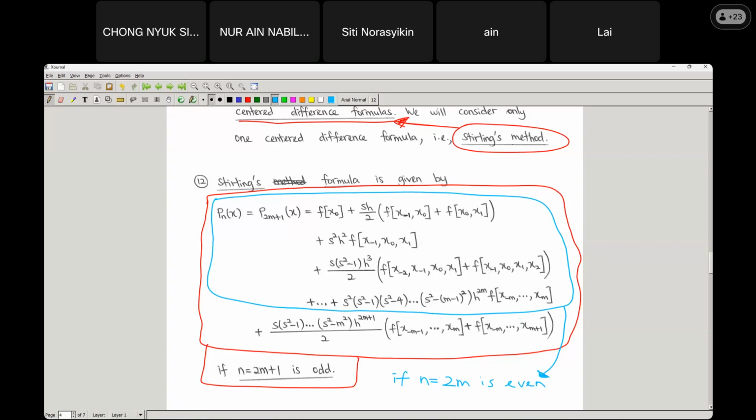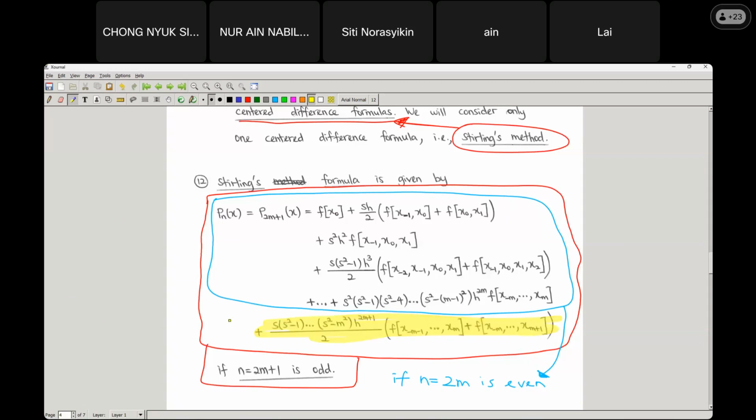So if n is an odd number, you take everything of the Stirling formula here. Take everything in the red box. But if your n is an even number, you only take the blue box. Okay? So this one you have to be careful. This last sentence, so let me highlight. This last line, the last line of this,